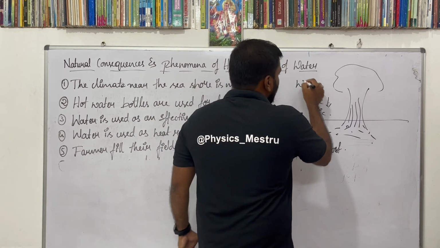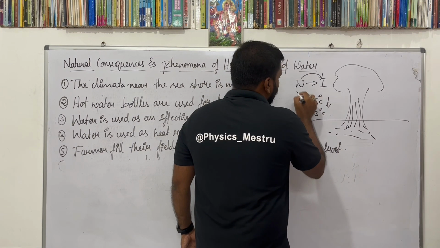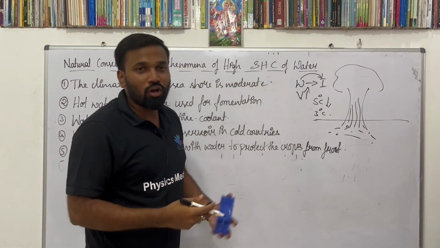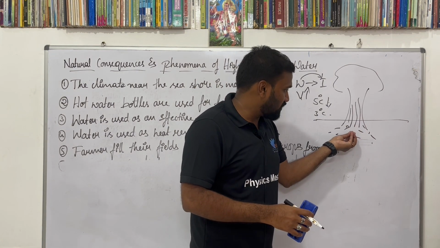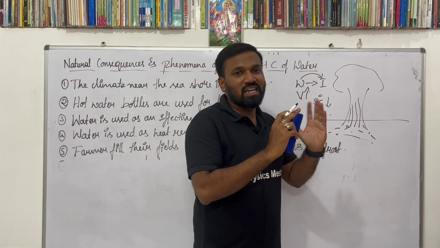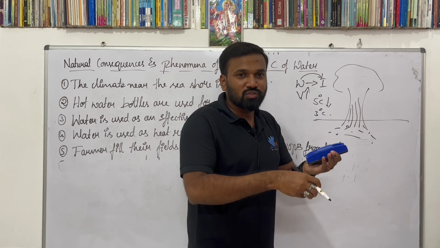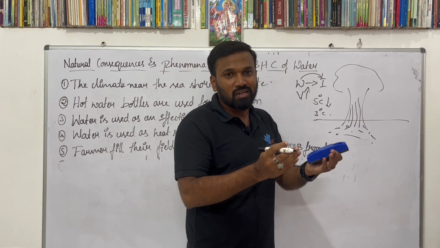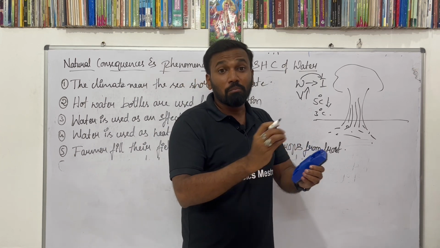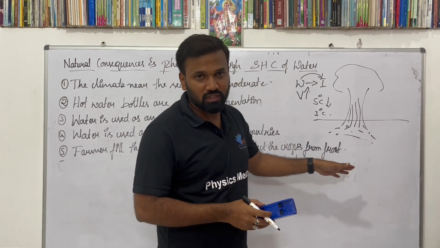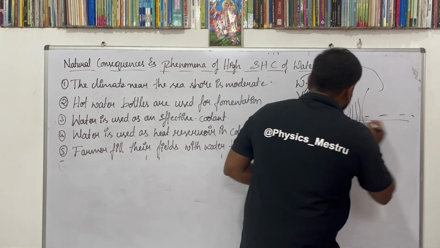When liquid converts into solid, the volume increases. The veins are in the shape of pipes. Because of the decrease in temperature, the water moving in the veins will get converted into ice, in which the volume increases. Because of that, the veins may burst. That condition is nothing but frosting. So to avoid that, what they will do is